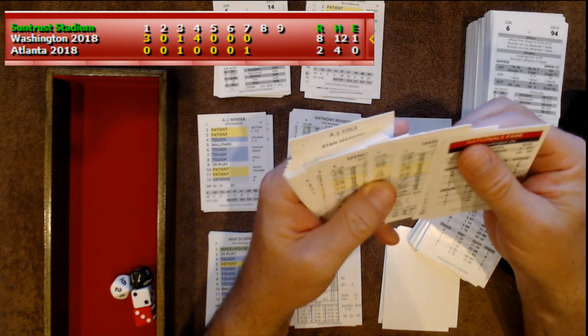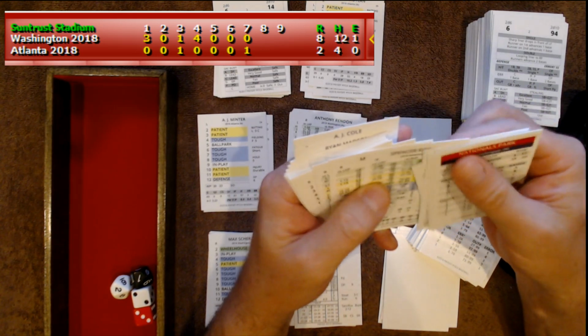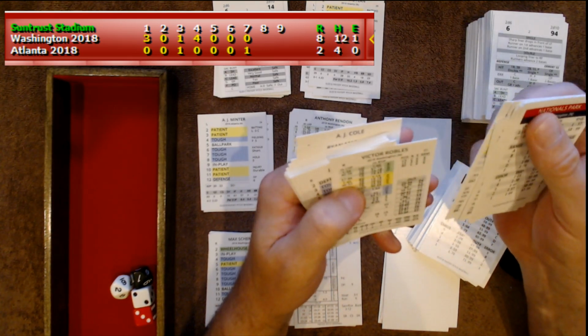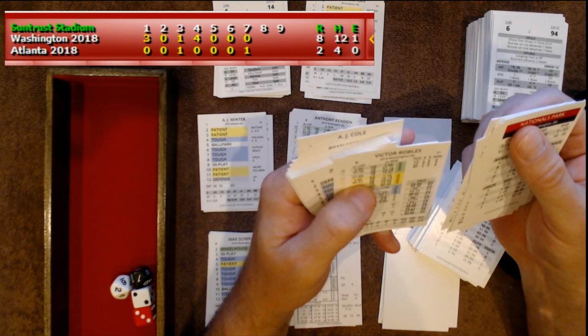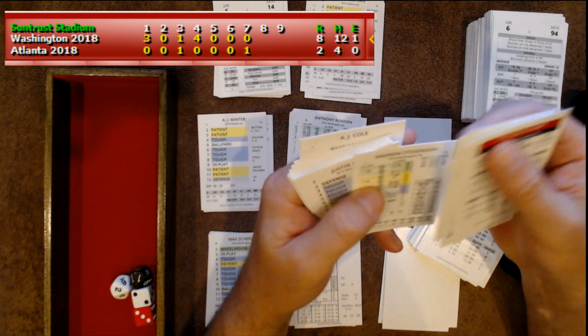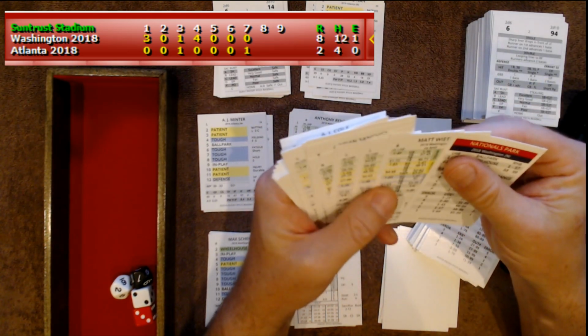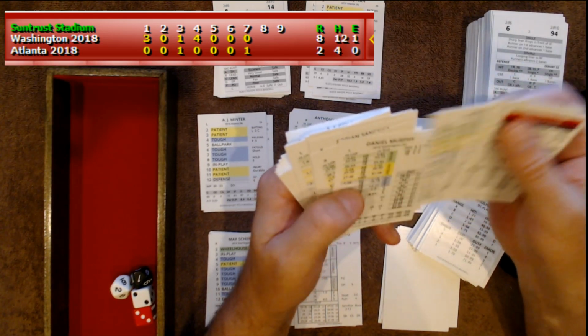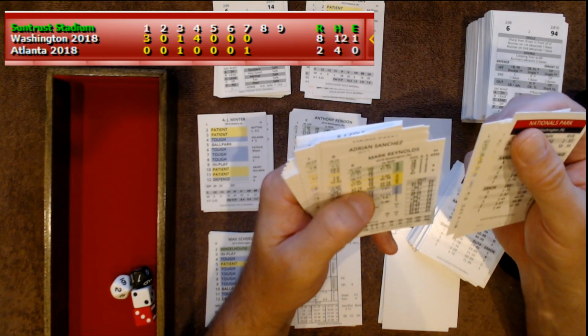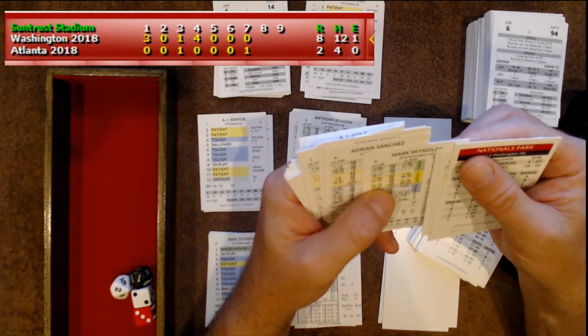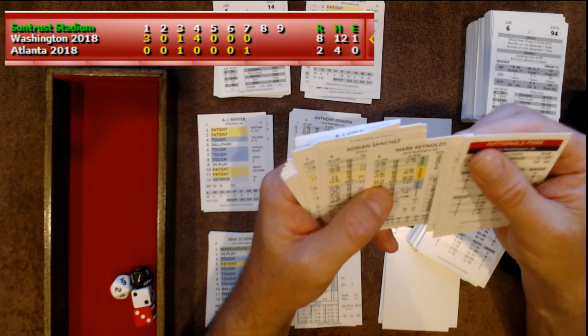Adrian Sanchez, Mark Reynolds, Spencer Kaboom. I'm looking for somebody that's... all right, so not a lot of choices, to be honest. Looks like it's gonna be...